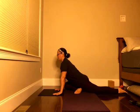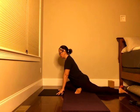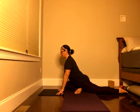Okay. Heart space is lifting here. So you don't want to feel any pain in your knee. If you're feeling any sort of pain in your knee, I'll show you, back out of the pose, and I'll show you a modification for this, okay? But hold on tight here, soften through your shoulders, chin away from your chest, lengthen through the crown of your head. And from here, soften through your glutes,